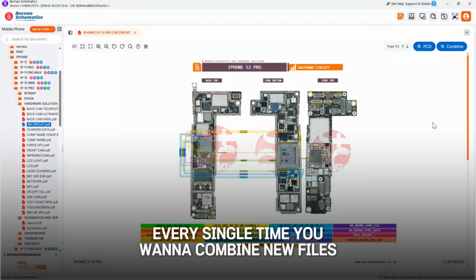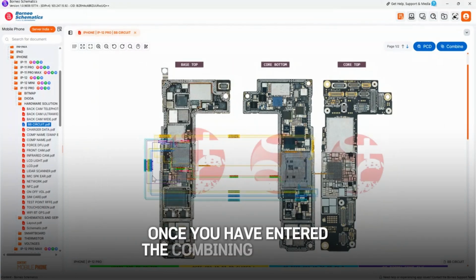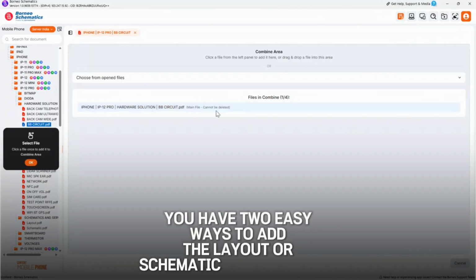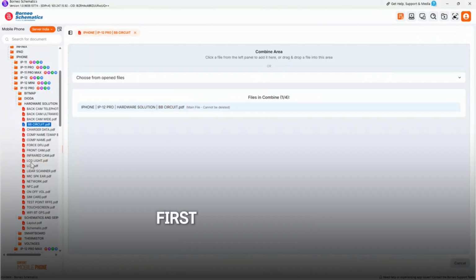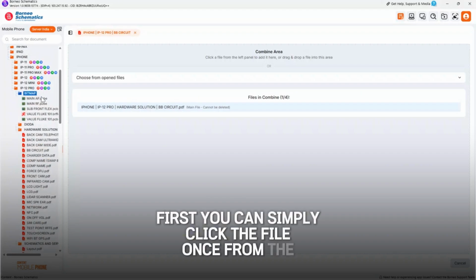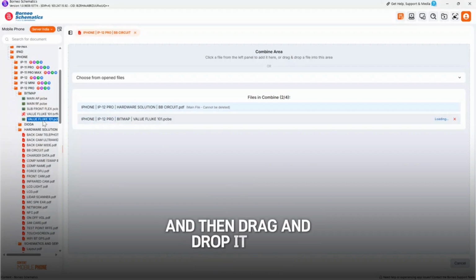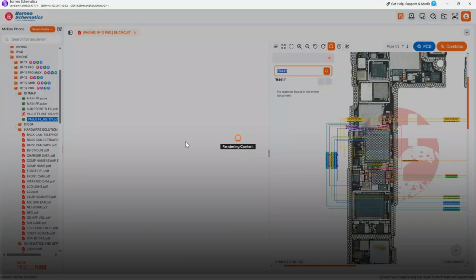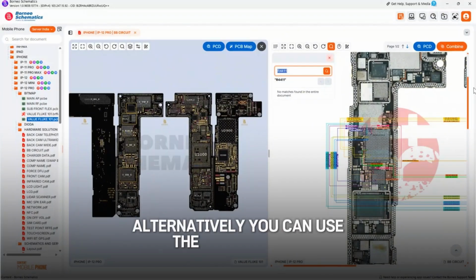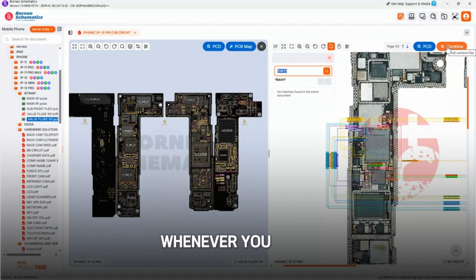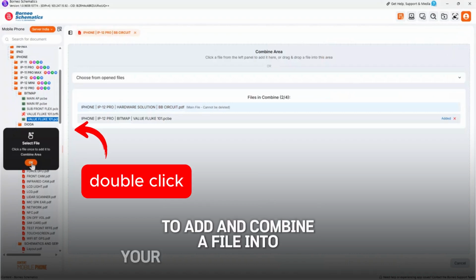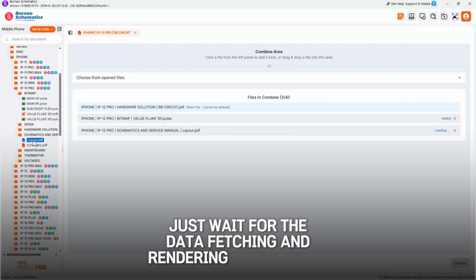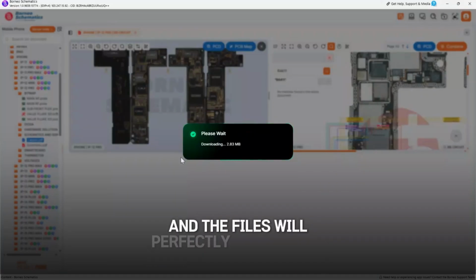combine new files. Once you have entered the combining interface, you have two easy ways to add the layout or schematic files you need. First, you can simply click the file once from the left panel and then drag and drop it into the center area. Alternatively, you can use the double-click method on the file whenever you want to add and combine a file into your current workspace list. Just wait for the data fetching and rendering to complete, and the files will perfectly merge